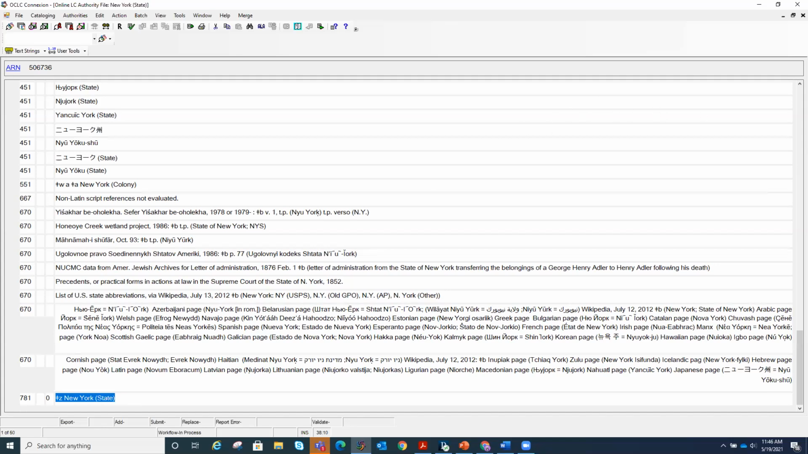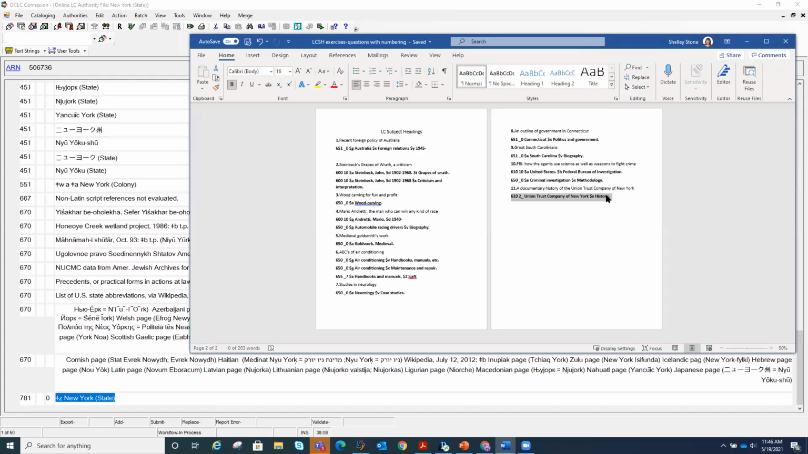So going back to this, I wanted to put a 650 in, blank 0, trust companies, and a subfield Z, New York State. And I don't need a period after a parenthesis. Okay, so that is all of our